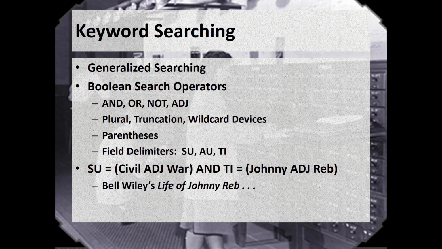In WorldCat and similar devices, you can add search limiters such as SU to tell the engine to search only the designated subject fields, AU for author only, and TI for title only. Here's an example. Using the phrase SU equals parentheses civil ADJ war parentheses and TI equals parentheses Johnny ADJ Reb close parentheses,